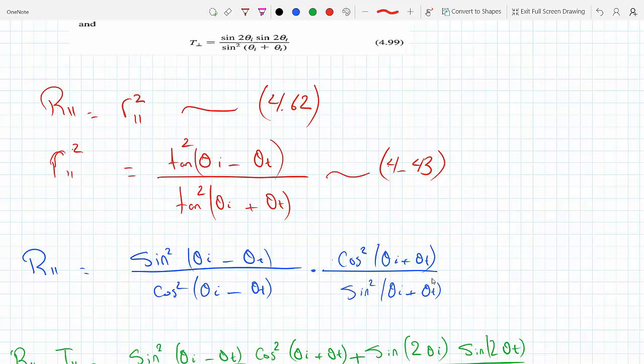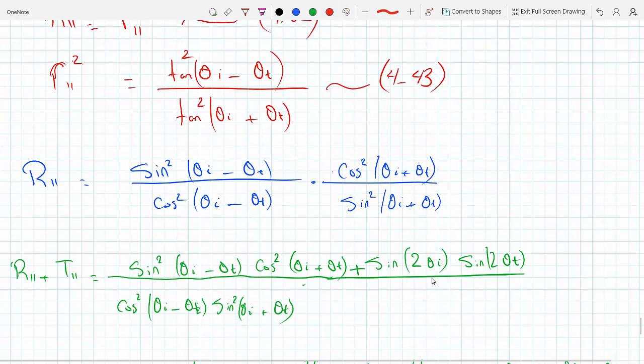And then tan squared is sine squared over cosine squared, which I could rewrite as, and then the denominator is the same, so instead of dividing by tan squared I multiplied by the reciprocal, and